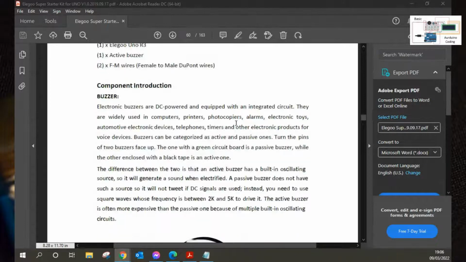Component introduction: buzzer. Electronic buzzers are DC powered and equipped with an integrated circuit. They are widely used in computers, printers, photocopiers, alarms, electronic toys, automotive electronic devices, telephones, timers, and other electronic products for the voice devices. Buzzers can be categorized as active and passive ones. Turn the pins of the two buzzers face up. The one with the green circuit board is a passive buzzer, while the other enclosed with black tape is an